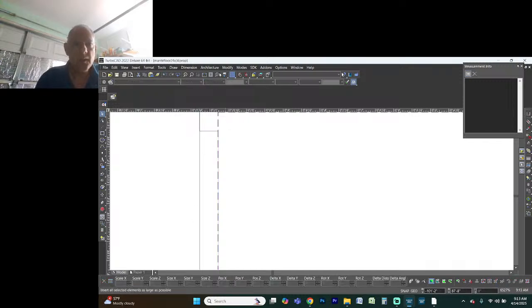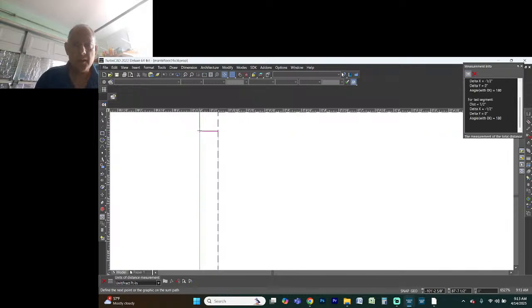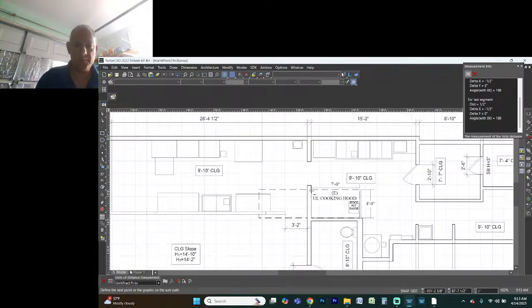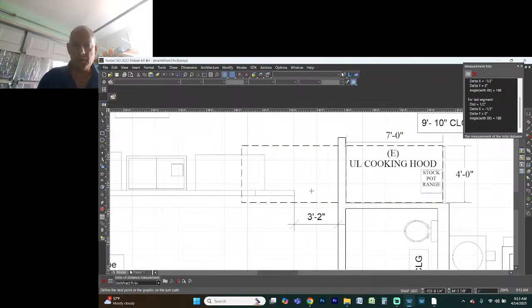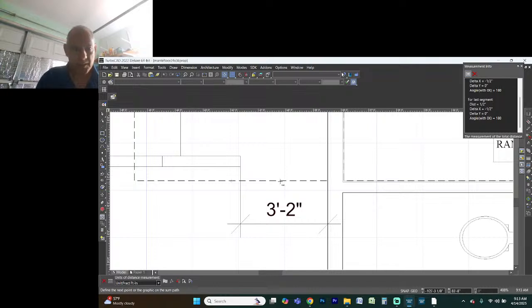Hold on. Let's use our measurement tool to go from here to there. And it shows a 1/2 inch. And that's basically the stainless steel backing. So this is where they want it to be. Obviously, it's cutting into here. And then obviously, we're going to be adding